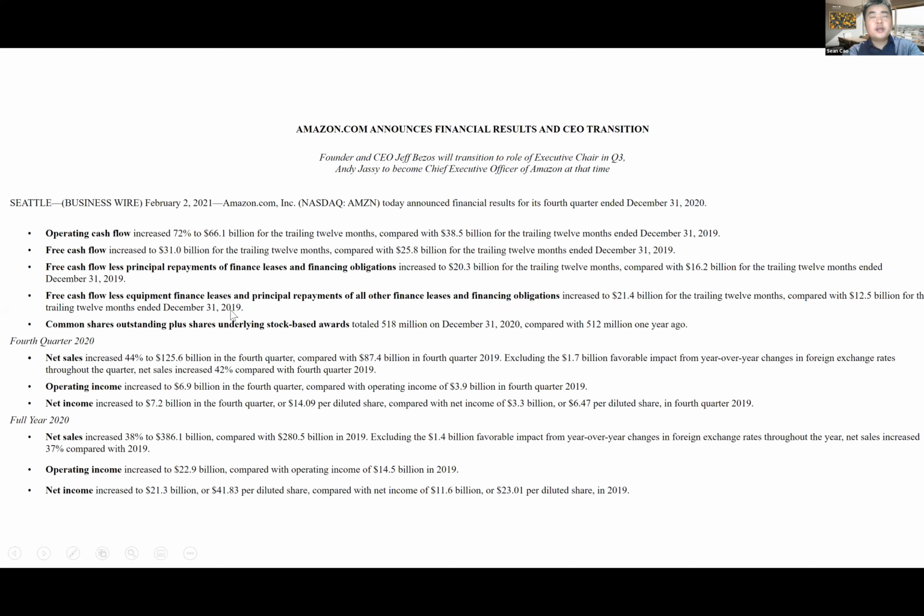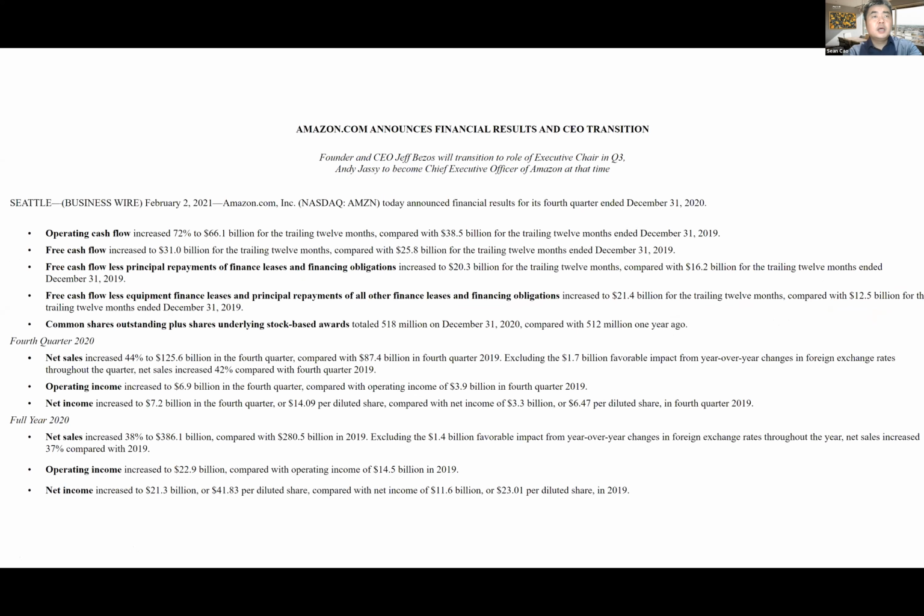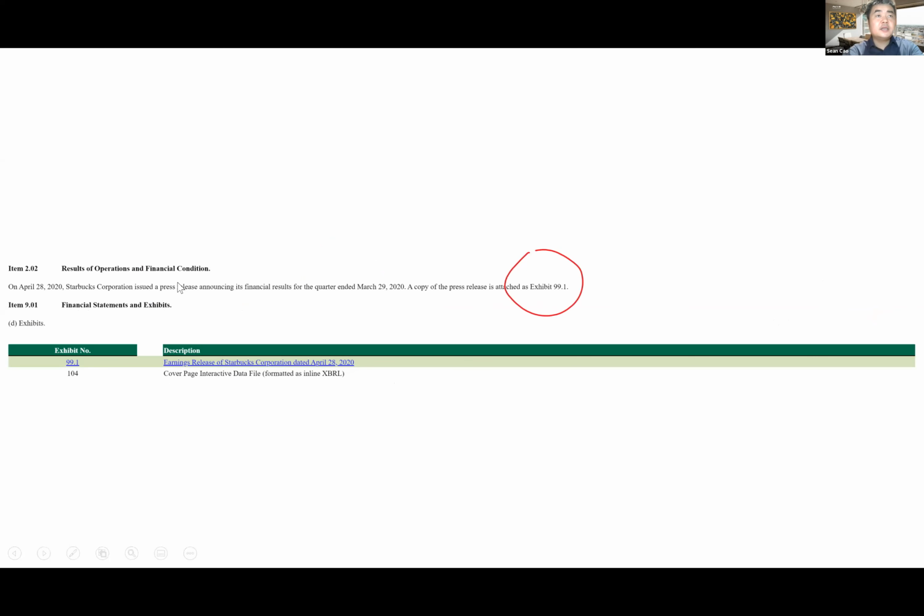So basically, you have to do the textual analysis on 2.02, and then you identify which exhibit is relevant. Here, the relevant exhibits are exhibit 99.1 and exhibit 99.2. Then you go to exhibit 99.01 to get the information to analyze the firm's condition. Okay, those are the two things I want to talk about for 2.02: more timely information, and in most cases you need to go to the exhibit to analyze the condition.